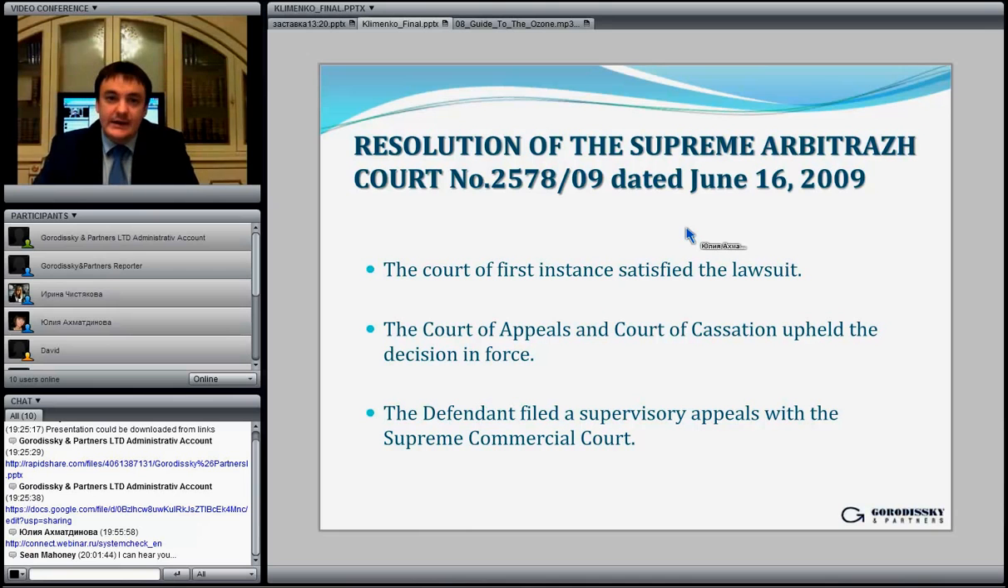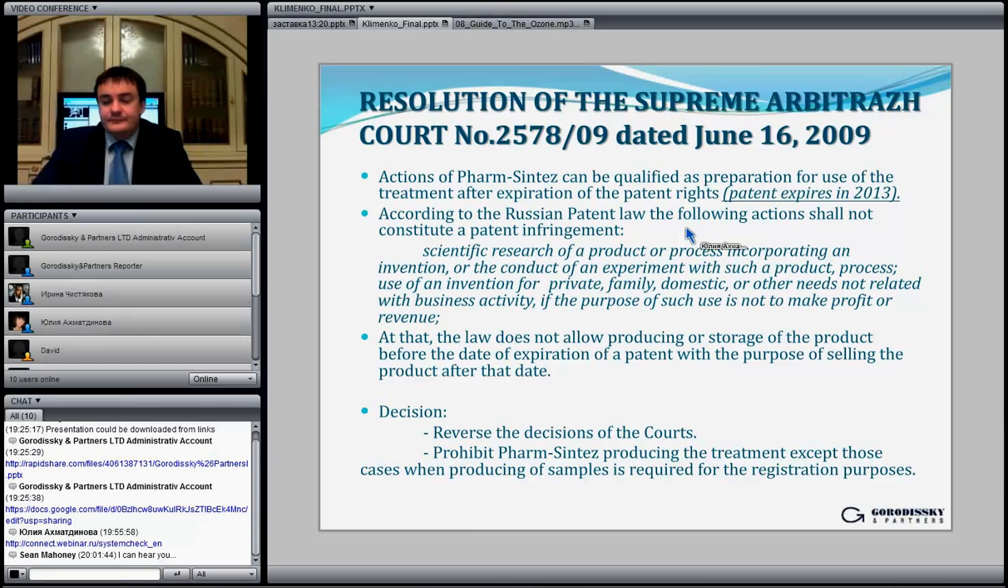Therefore, having applied such a formal approach, the court of first instance satisfied the lawsuit, and the court of appeals and the court of cassation upheld the decision of the first instance court because it was in full correspondence with the Russian law from the formal point of view. And the defendant filed a supervisory appeal with the Supreme Commercial Court. And the Supreme Commercial Court,